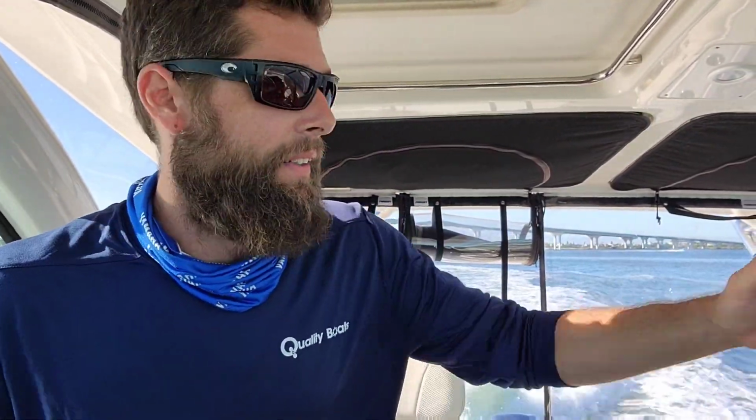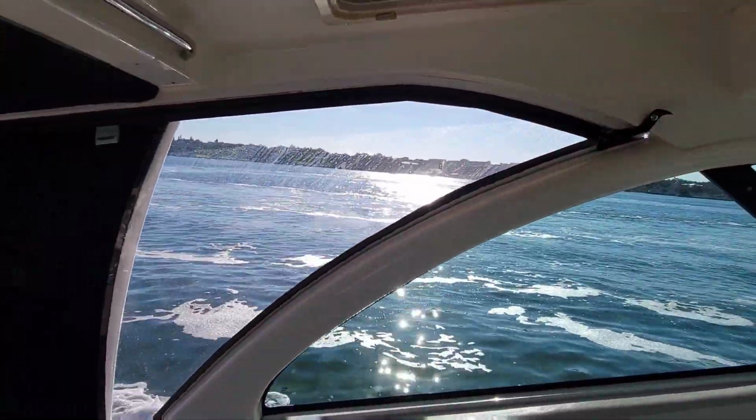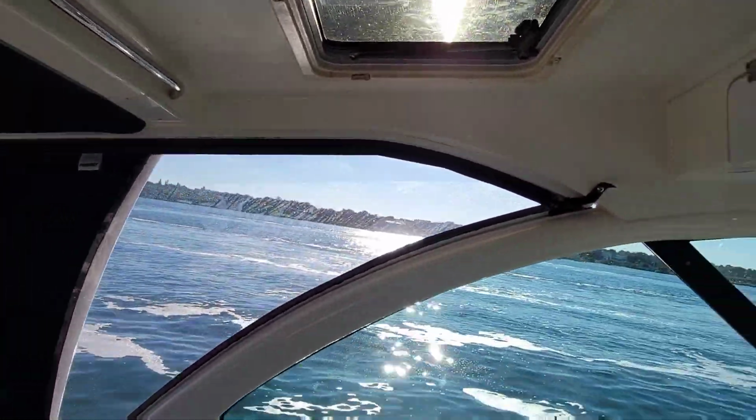Big cabin area or this big cockpit area we got here, you can't really see when you turn hard. Everything blinds you because the boat leans so hard. Try different things. Let's just turn it and slowly try to get it going. Look how much I disturbed the water over there. Well, so far,